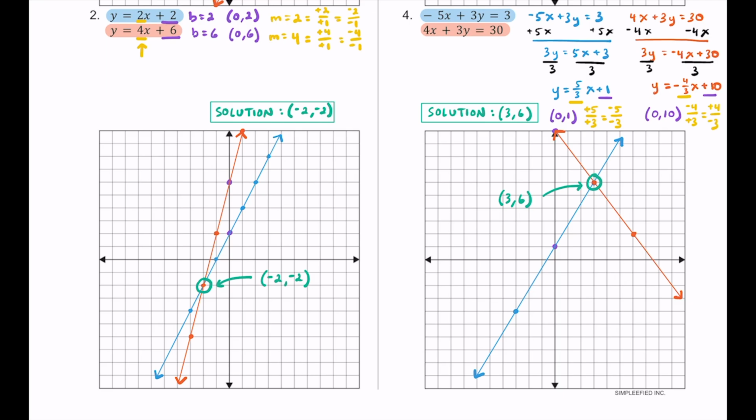If they don't intersect each other and are parallel, that means there's no solution. And if they are 2 lines that are right on top of each other, that means they're the same equation, there are infinite solutions. We don't have those here in these 4 practice problems,